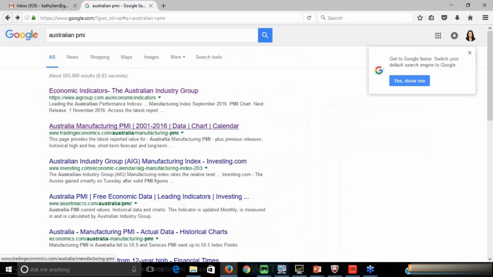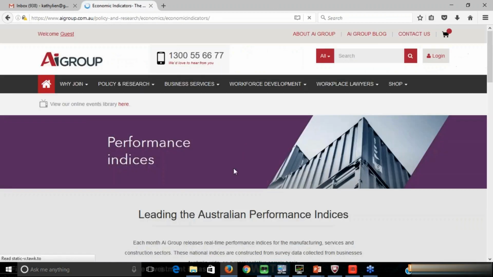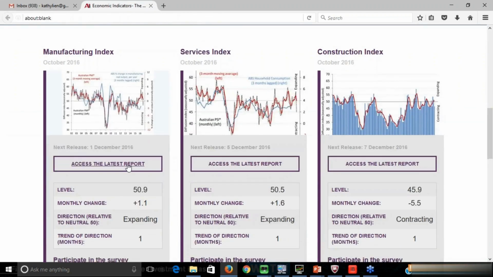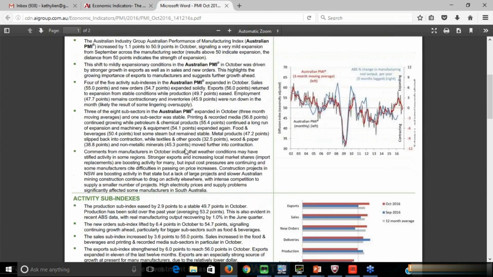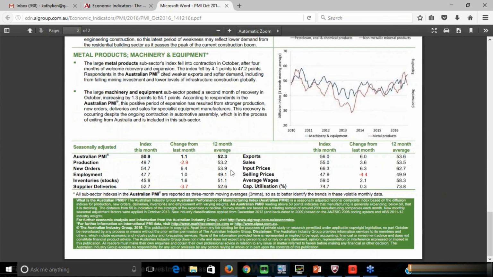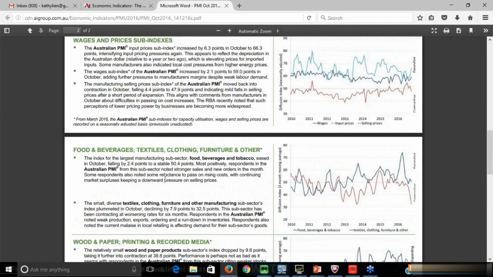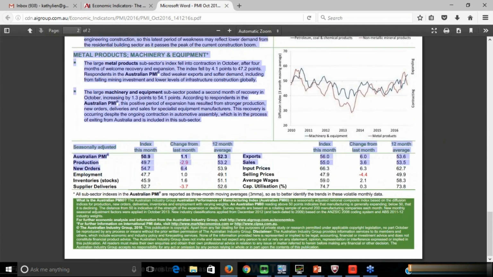Actually, Trading Economics doesn't have it. So I think probably your best bet will be this Australian industry group. And you can probably get the latest reports here and fiddle around for where you can get the other releases. But they basically provide you with a report. I was hoping to find something that's a little easier for you to read. But they do provide you a report, and at the bottom of the screen, they give you a nice little table that kind of explains what's happened. So in the most recent release, you can see this is the manufacturing sector. And they reported that employment in the manufacturing sector improved. So you get this little subcomponent here.